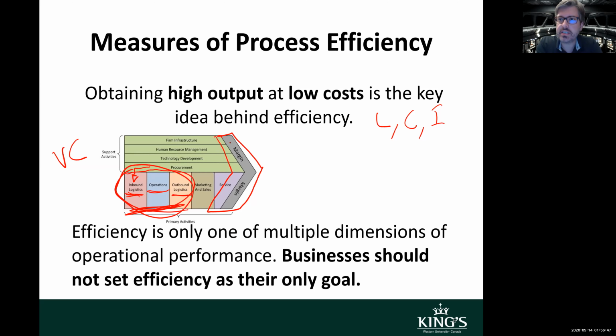So efficiency is key to generating value. Efficiency is key to generating a positive cash flow, right? But it should not be the only dimension of operational performance. You should always think that efficiency is one part of your business. There are more parts of your business that you should be concerned about,